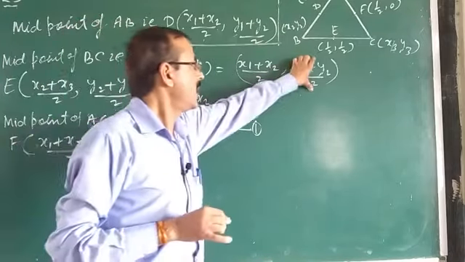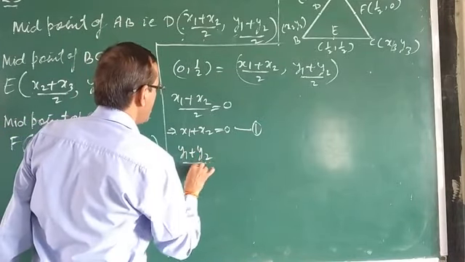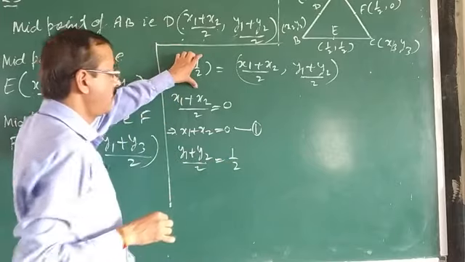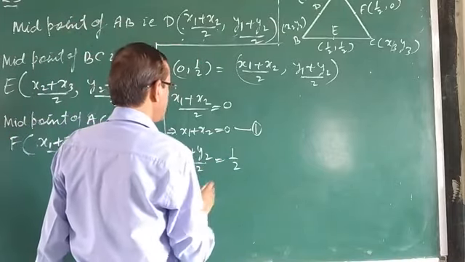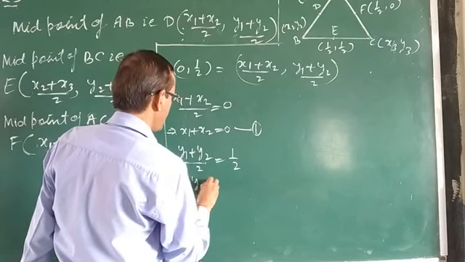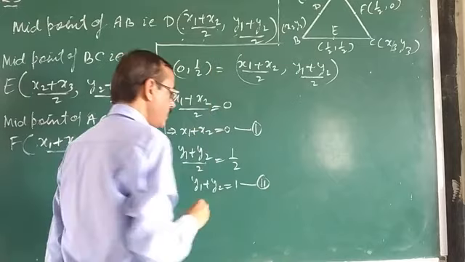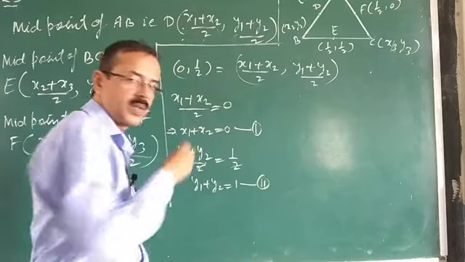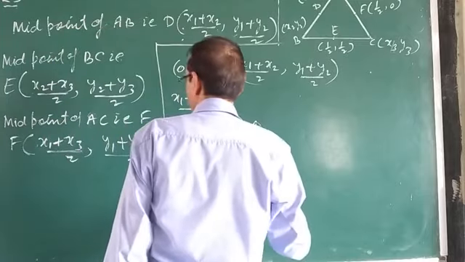Now (y1 plus y2) upon 2 is equal to what? Half. The 2 cancels here, the 2 cancels. So that will be y1 plus y2 is equal to 1. This is number 2. Now after this,